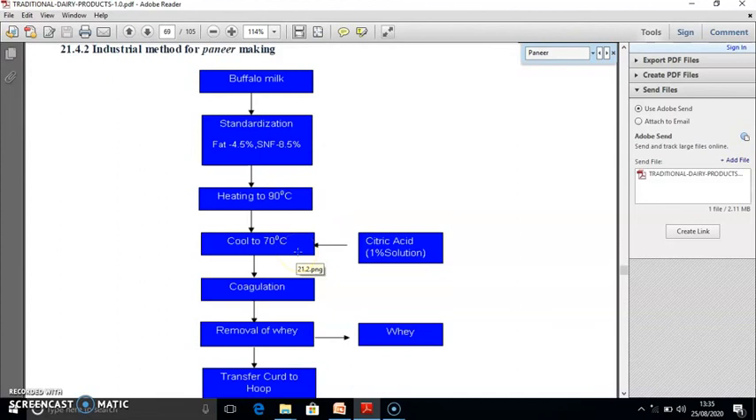degrees Celsius. When this milk attains the temperature of 70 degrees Celsius, the citric acid solution at the rate of 1% is added to this cooled milk at 70 degrees Celsius, and then after the addition of the citric acid, the milk starts to coagulate. So the next point is the coagulation. It means when the citric acid